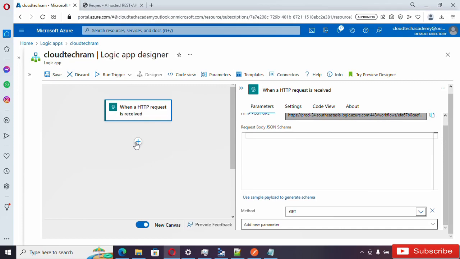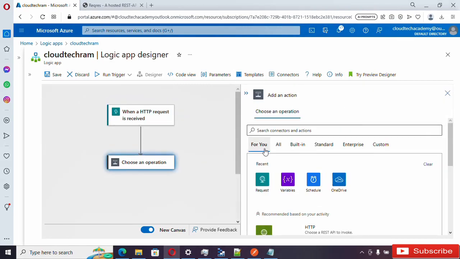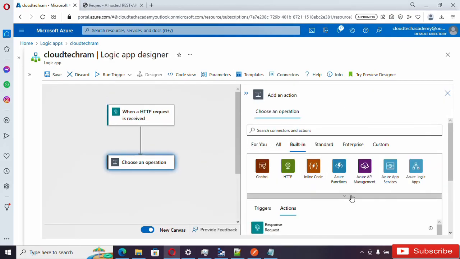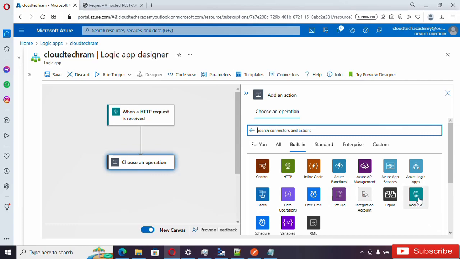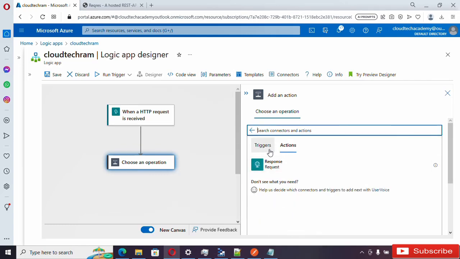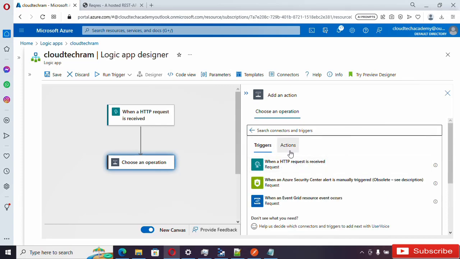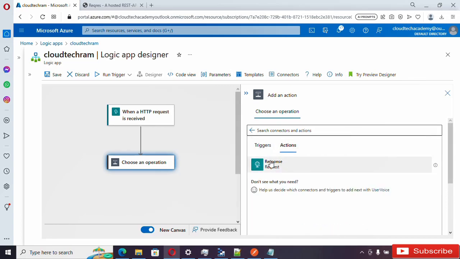So what I'm going to do is send some response. In order to do it, just select this and add an action. Go here under built-in. Let me expand this and go to request again. Initially we went to triggers and we selected. Now we are under action, and here if you see, response is there. Let me select this,